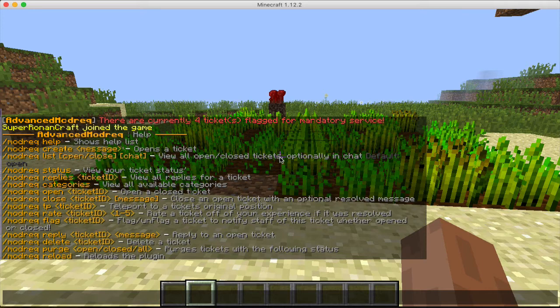Here, the first ones are, of course, the help commands, and create. You can create tickets, you can list tickets. Then there's player commands where you can actually get the status of a ticket, and so on. You can go all through these. They're fairly self-explanatory. Here I am teaching you how to set up the plugin and how to actually use several